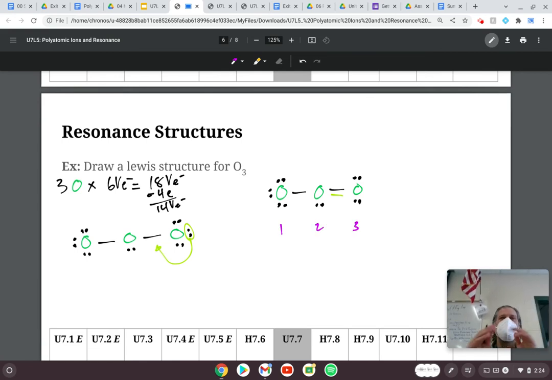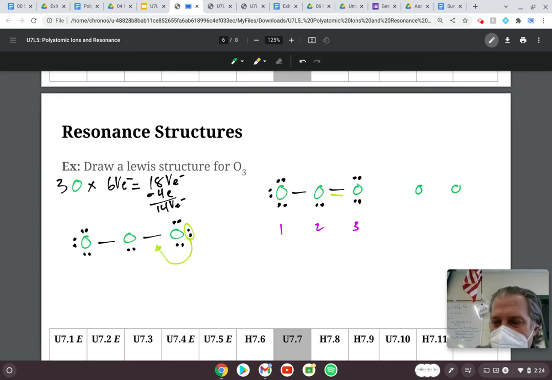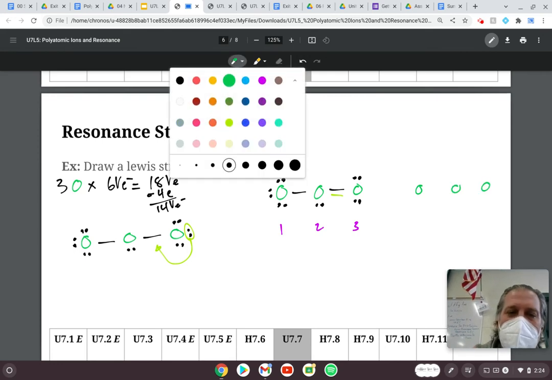And the answer to that question is, if I number the oxygens, in this case 1, 2, 3 from left to right, it actually doesn't matter where you take the electrons from. But if I draw the exact same structure as you are thinking about in your head, with the multiple bond on the left side,